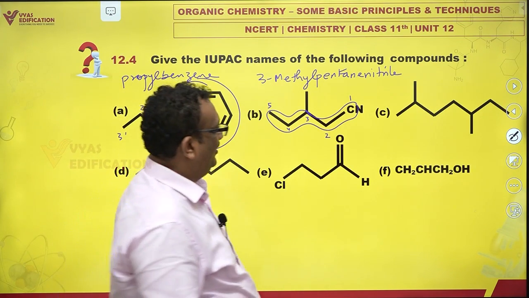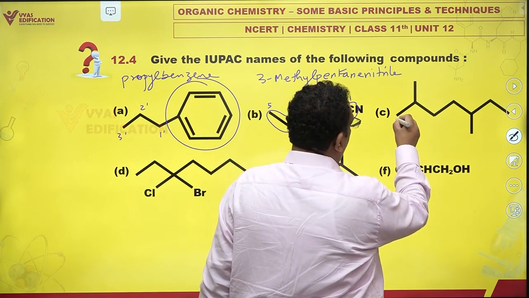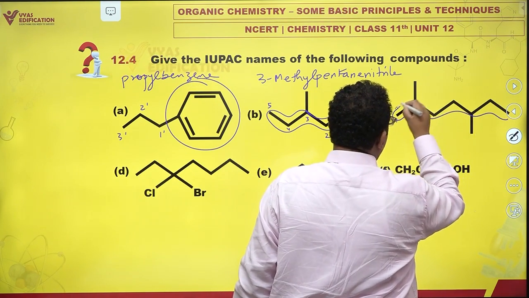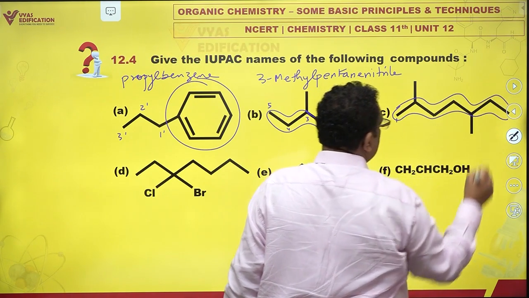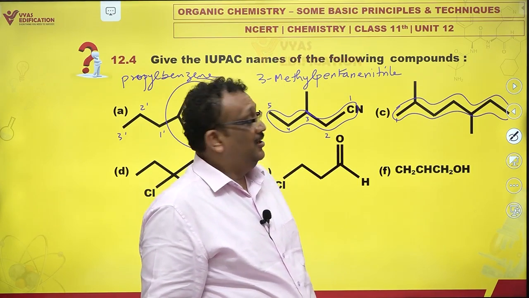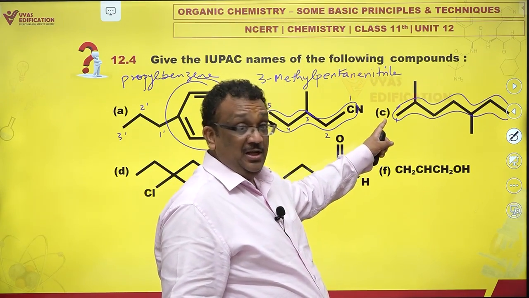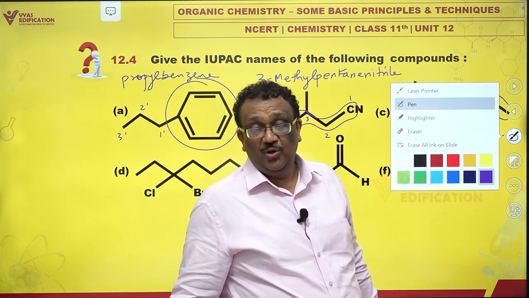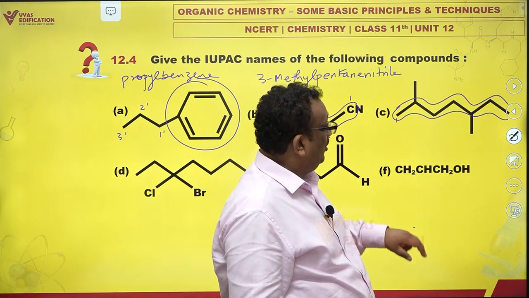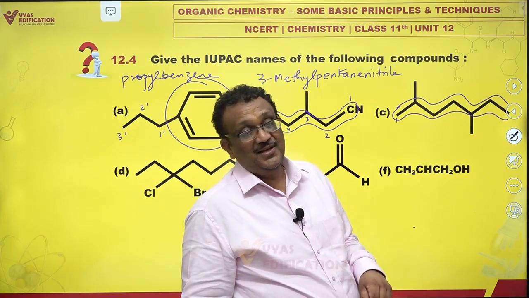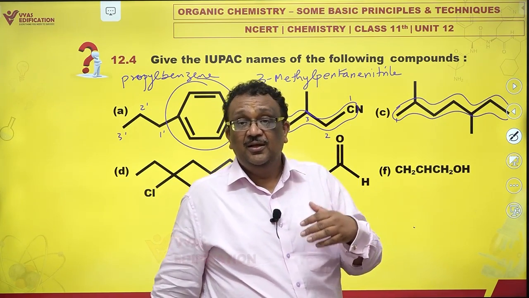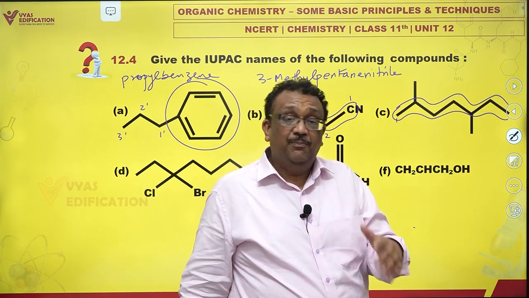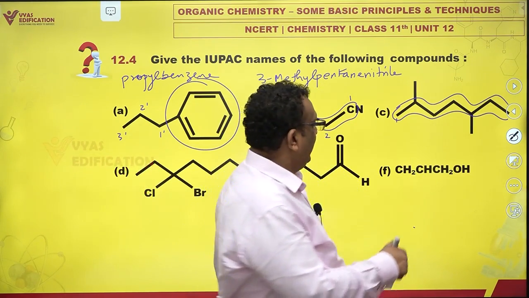Let us see. Well, we have one. First of all, the longest chain is the main chain. So let us take the longest chain as the main chain. Now numbering can begin from this end. The numbering can also begin from this end. What is the correct way to number? The point of earliest difference. Wherever you find that the branching appears at the earliest point, like in this case,